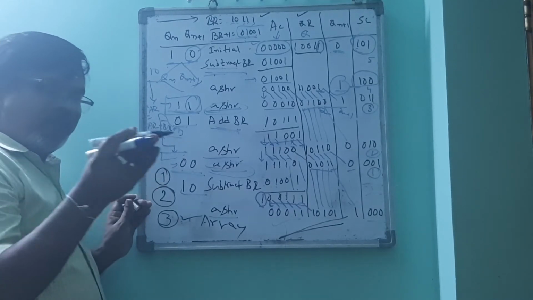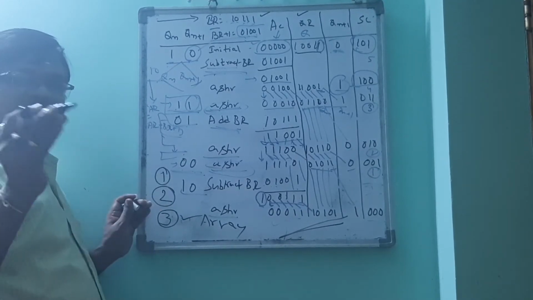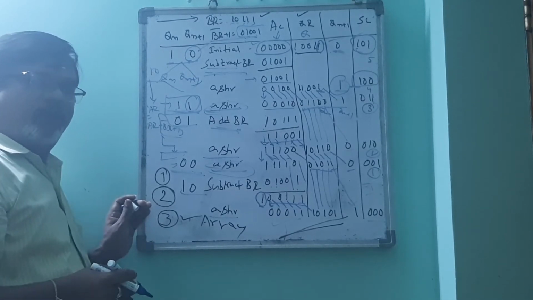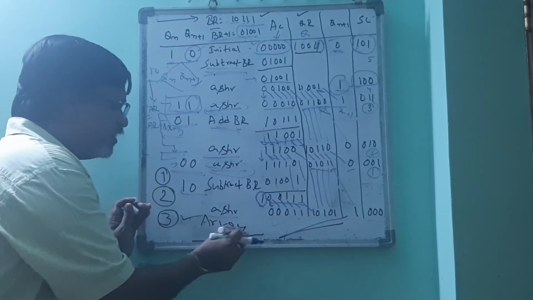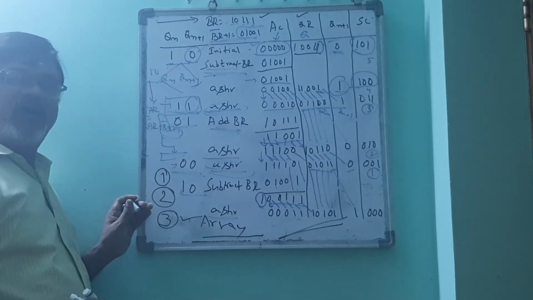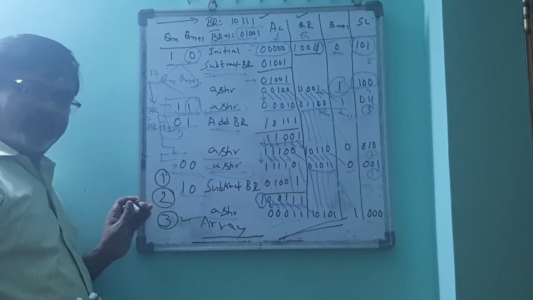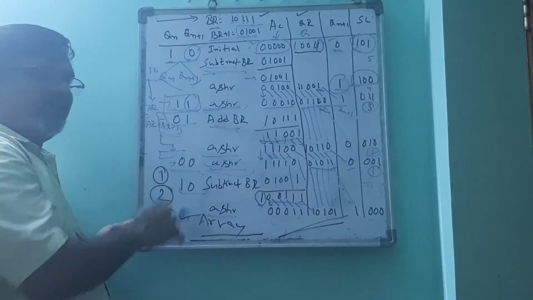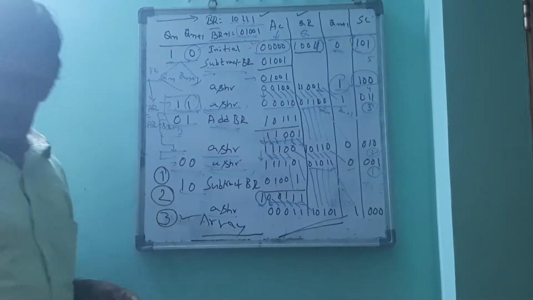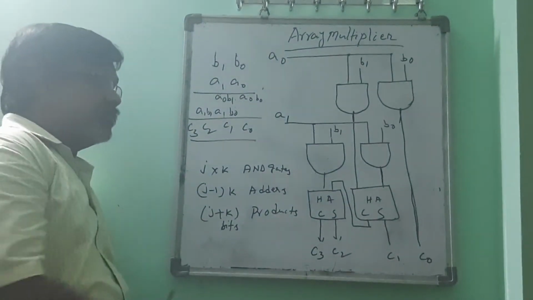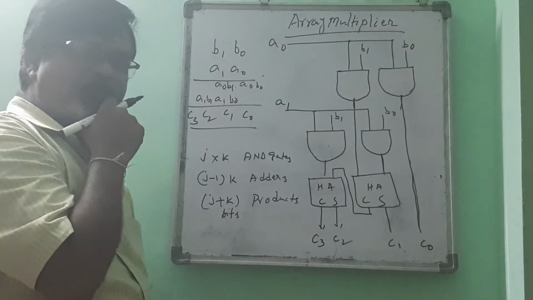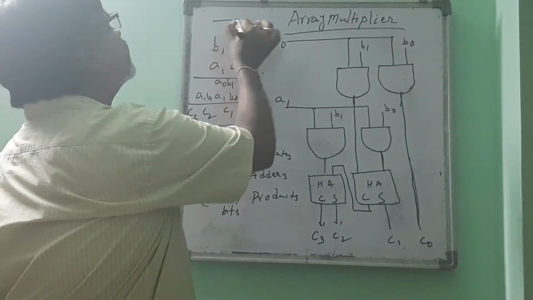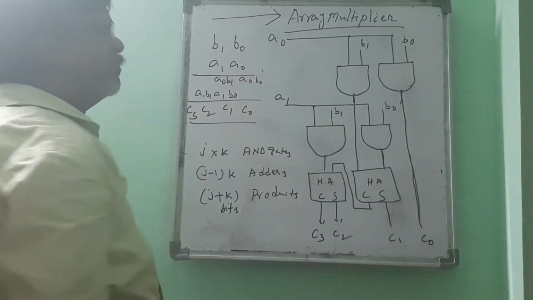But now in the array multiplier we use the AND gate operation. You know very well what an AND gate is, and its truth table also. So we will now discuss the array multiplier hardware representation and its implementation. Okay, now we will draw the diagram for the array multiplier here. See, this is the process of performing the multiplication using a concept called the array multiplier.